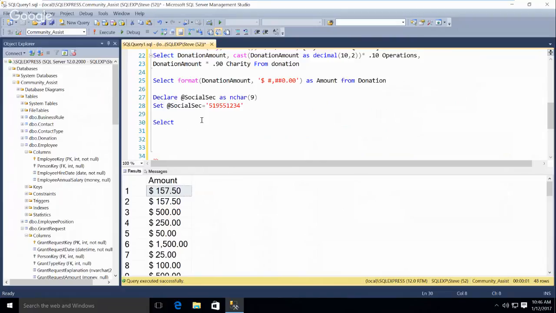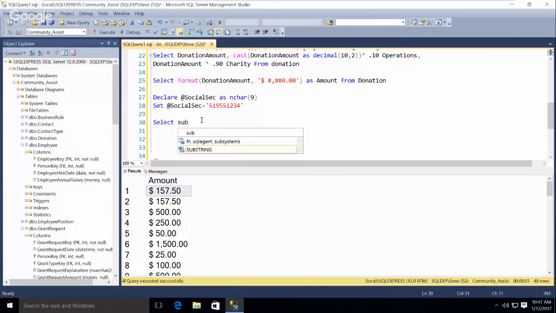I'm just trying to remember the name of the function. I don't think it's substring.